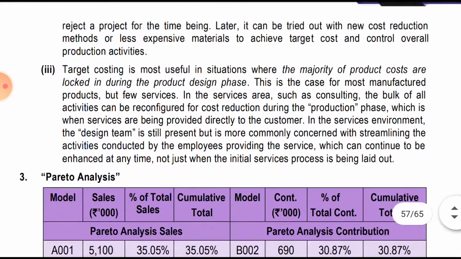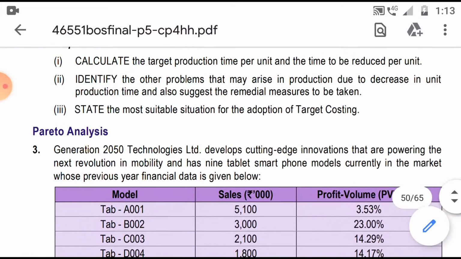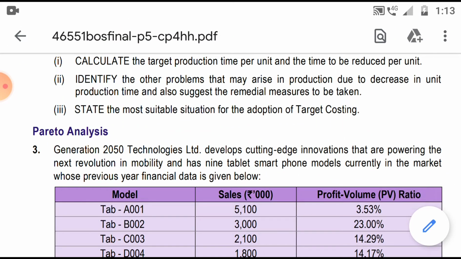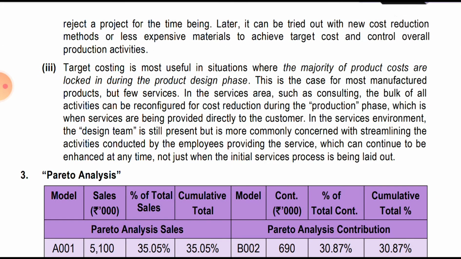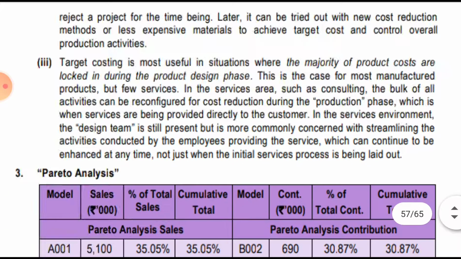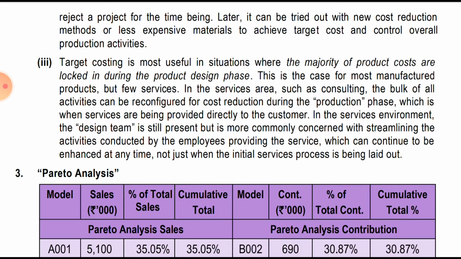The third thing they have asked is to state the most suitable situation for the adoption of target costing. Target costing is the most useful in situations where the majority of the product costs are locked in during the product design phase. This is the case for most manufactured products, but few services. In the service area, such as consulting, the bulk of all the activities can be reconfigured for cost reduction during the production phase,